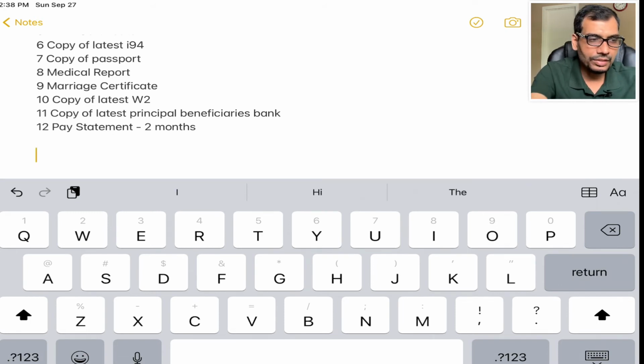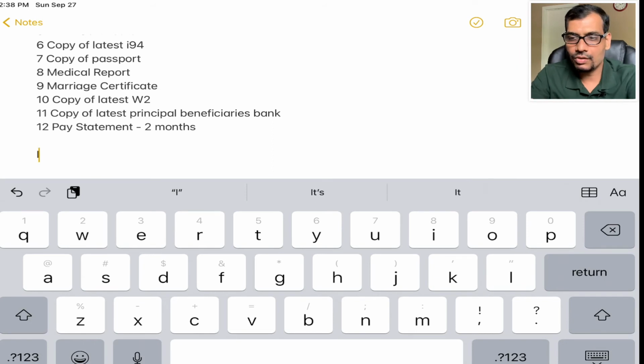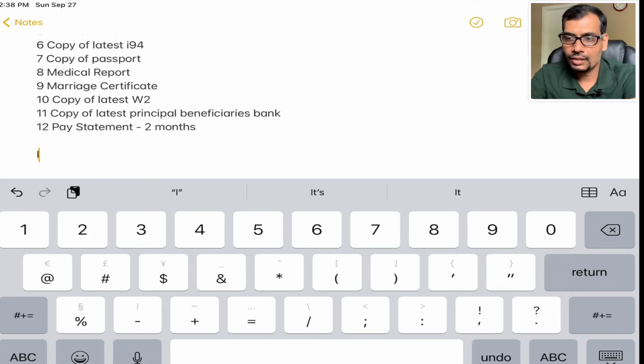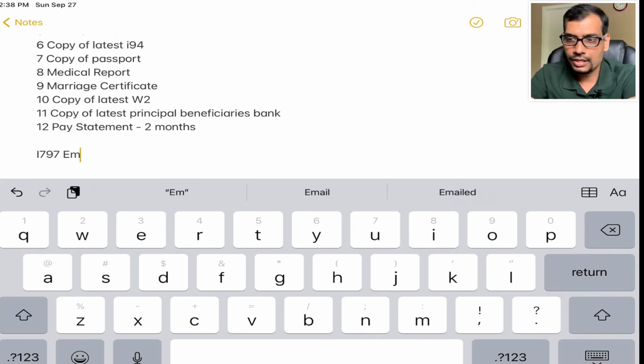Now there are another couple of forms that you need to fill. I will be telling that in a separate video, but just to give you an idea, there is a form called I-1797.